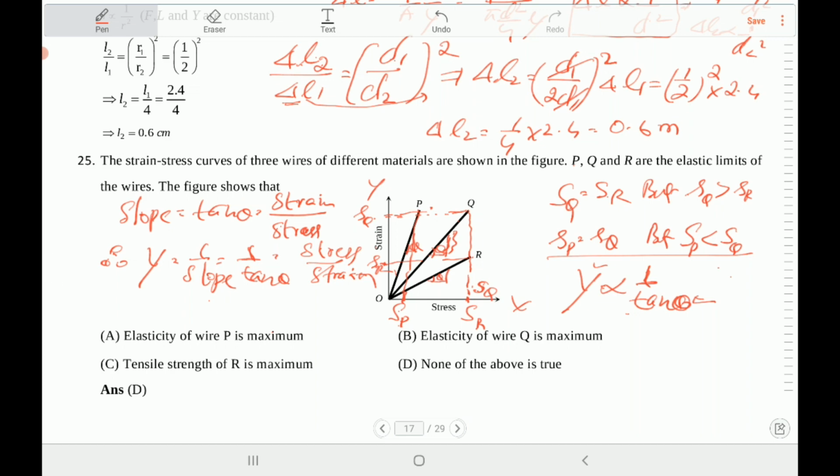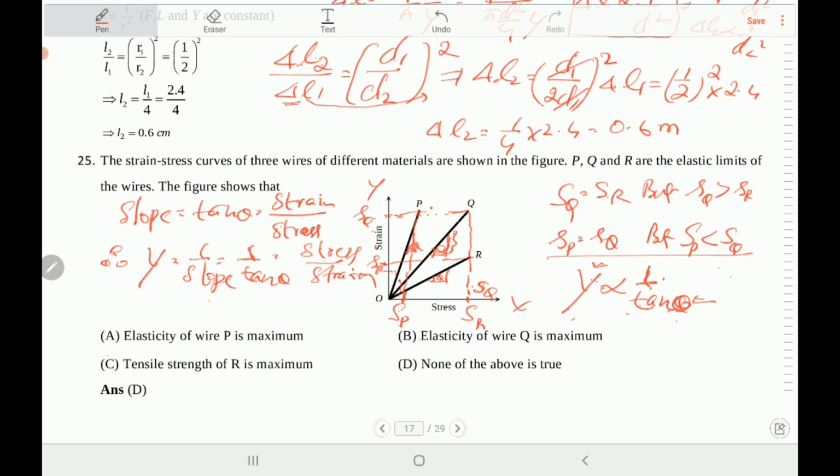That's what you need to remember, because Y, Young's modulus, is stress by strain. Stress more, Y more, or elasticity more. Here if tan theta is more, Y is less, because of the inverse relation for this graph, because it is in the strain versus stress curve. Remember this: in the strain versus stress curve, modulus of elasticity or Young's modulus is inversely proportional to tan theta. More is the angle, less is elasticity. In the stress versus strain curve, Young's modulus is proportional to tan theta. There, if theta is more, Y becomes more. You must notice this difference. For the first curve, that is P, angle maximum means tan theta maximum implies Y is